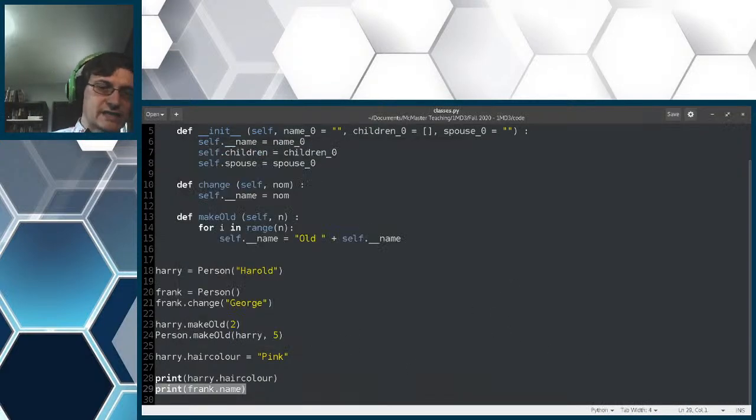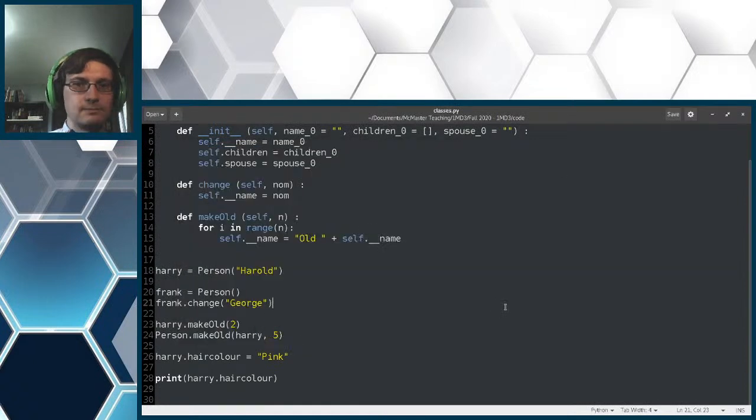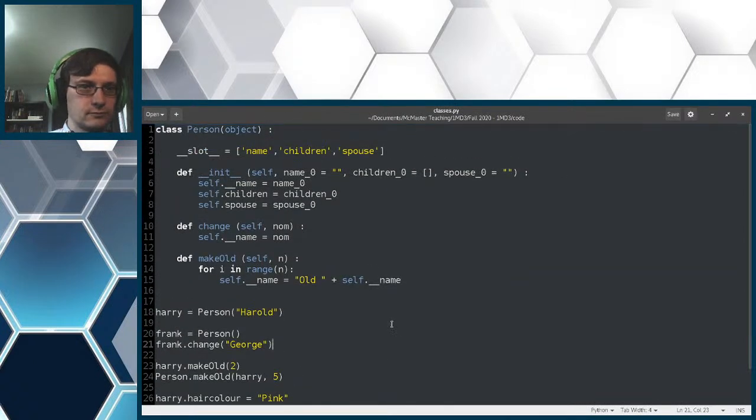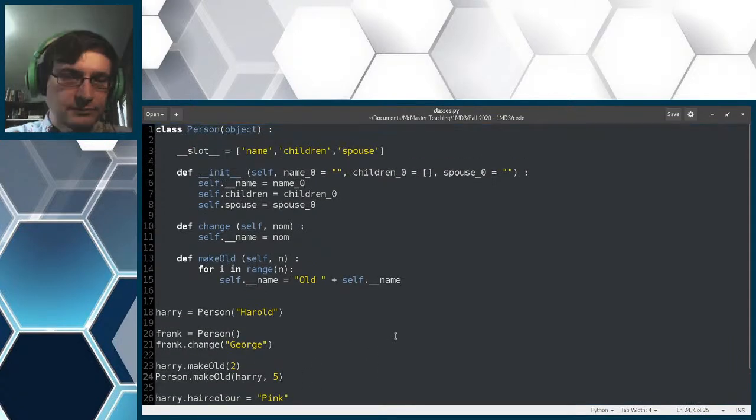And you also can't access it to print it. So there you go. Somehow that seems to have broken the hair color thing. Anyway,